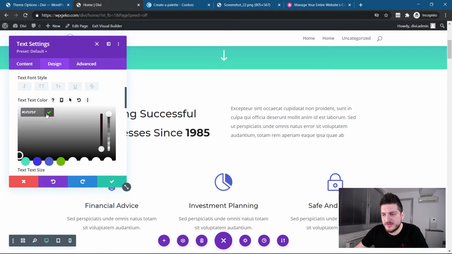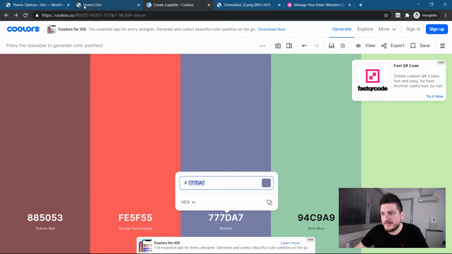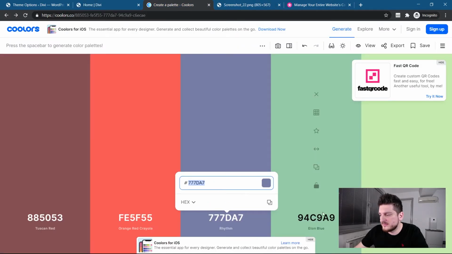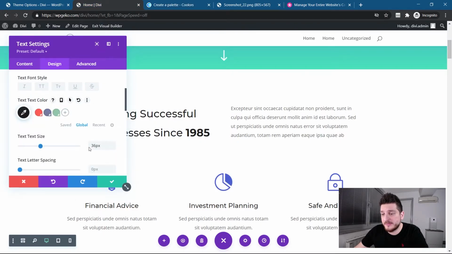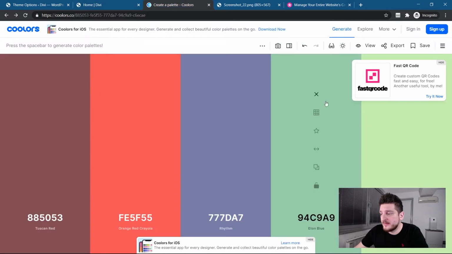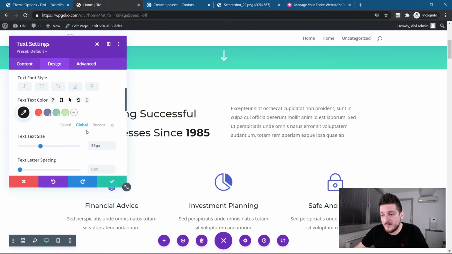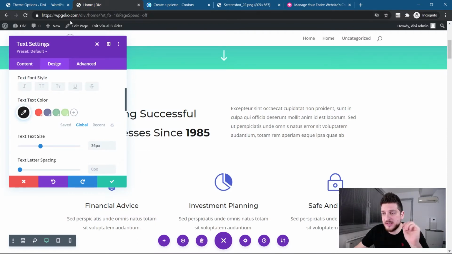So first one done, second one done, third one, oh, we can copy it here, third one done, and the fourth one done. So I just quickly used those four colors, and I'm going to go ahead and